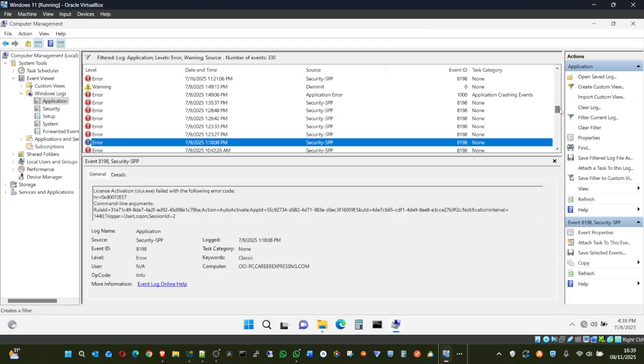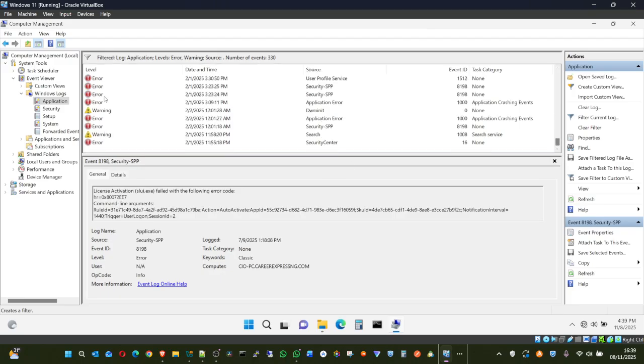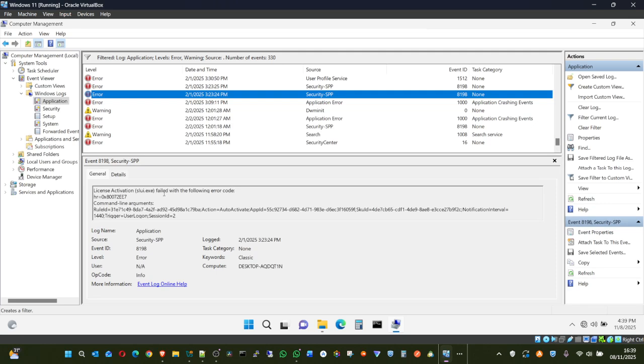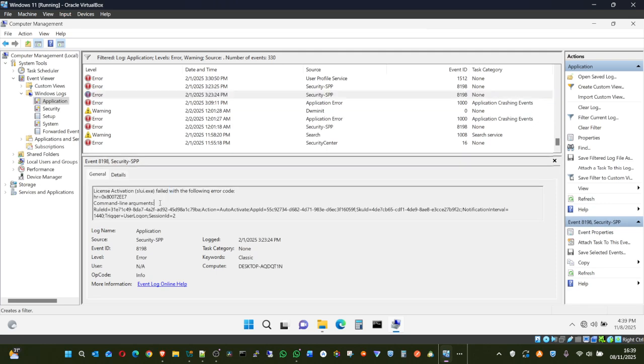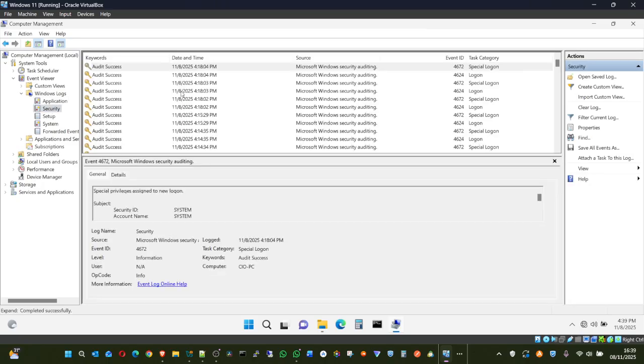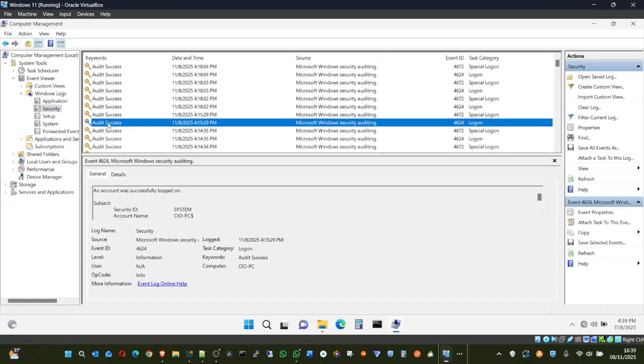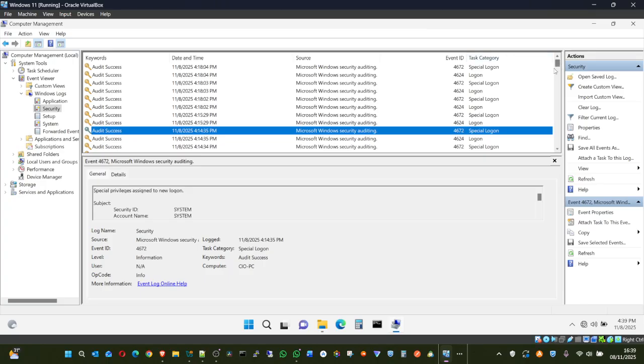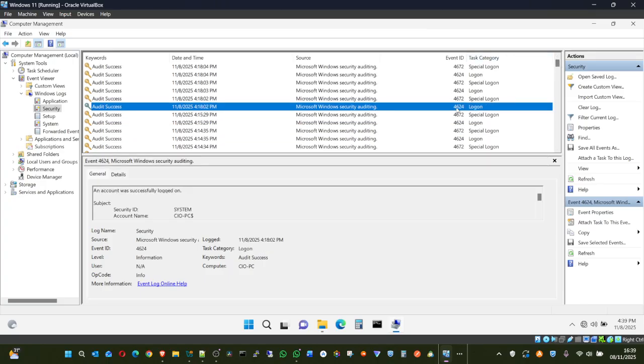More of what we have right here is activation. Licensing activation failed because I didn't activate this license. Next, security. You can also see audit success, audit failure, password, log on, special log on. Maybe one application tried to log in.